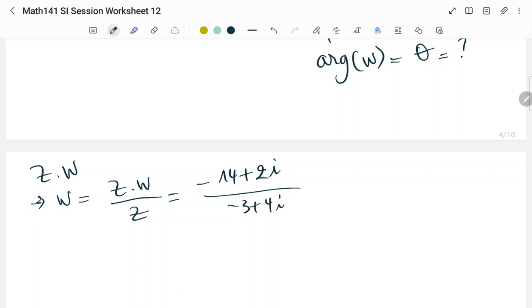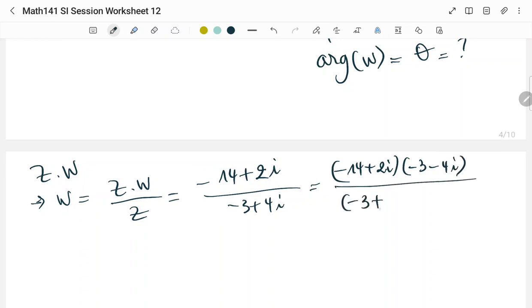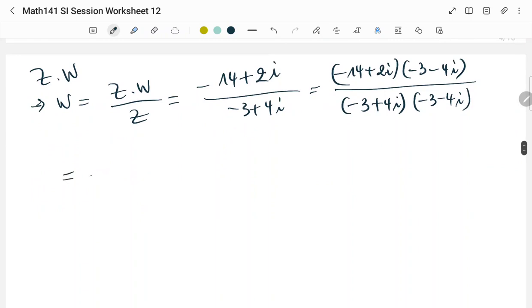Again, if you go back to the golden rule when you're dealing with quotients of two complex numbers, do not leave the imaginary numbers in the denominator, so get rid of them. So how do you do that? You multiply both the numerator and the denominator by the conjugate of the denominator, which is negative 3 minus 4i, both in the numerator and the denominator. And that just gives you, if you expand,